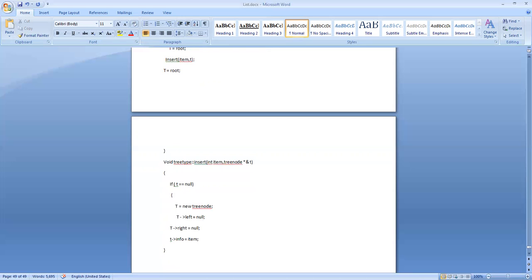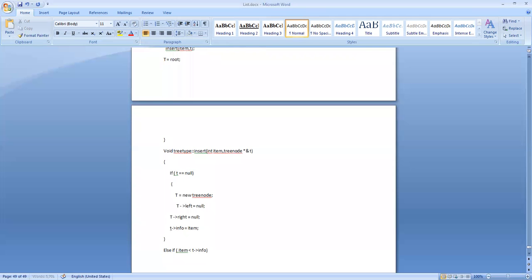So else if item is less than t reference info, then it is going to be the left side.